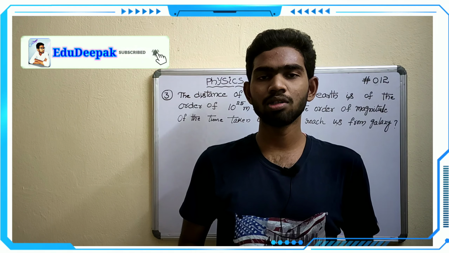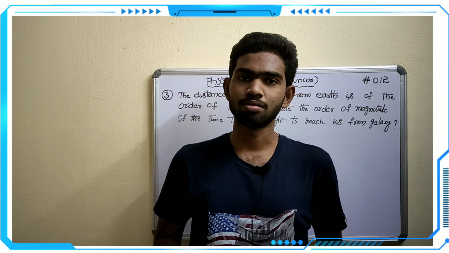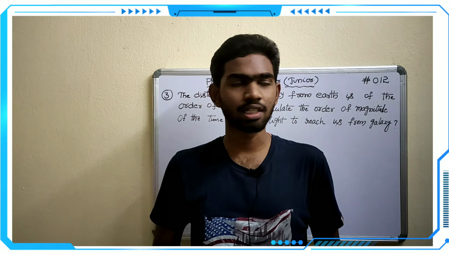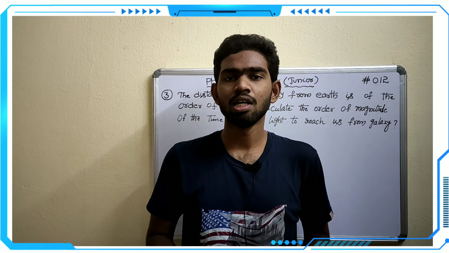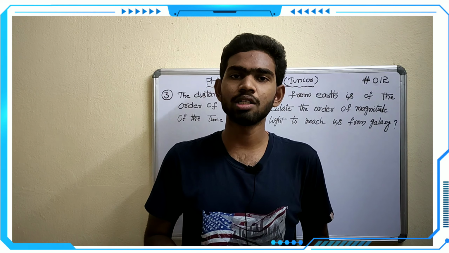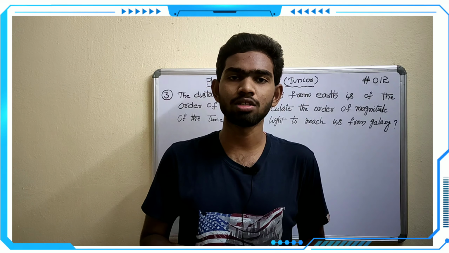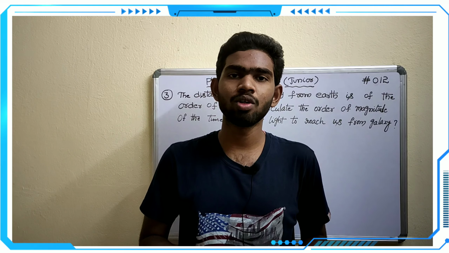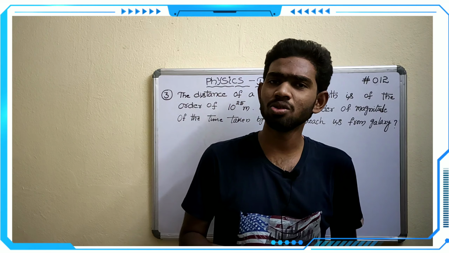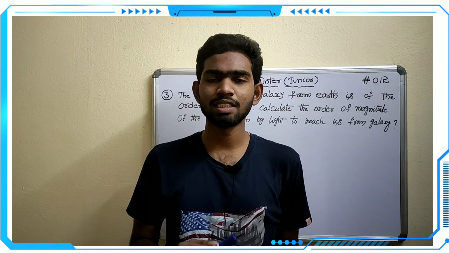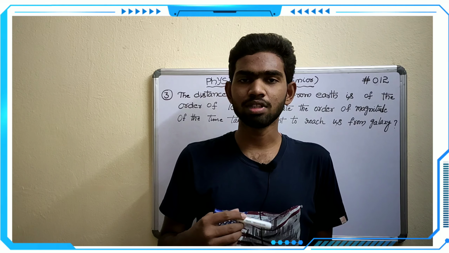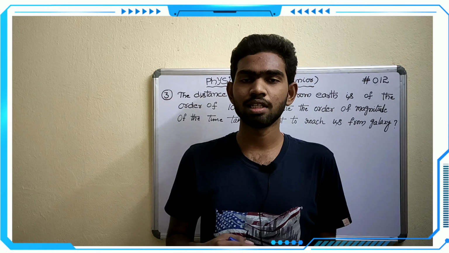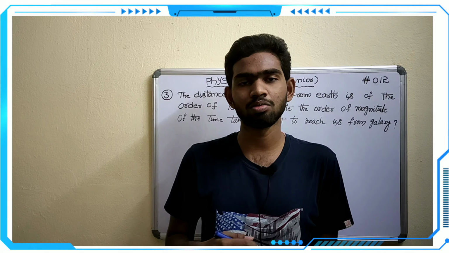I will make you know about the third problem. So we entered into the 12th video. Already we have discussed the previous videos. Two marks questions, very important two marks questions. First two marks questions are from lesson 1 Physical World, lesson 2 Units and Measurements, and lesson 3 Motion in a Straight Line. So these 3 lessons carry 2 marks. That means we can get 6 out of 6 marks.